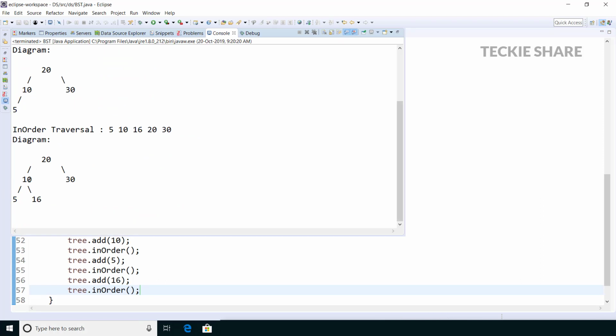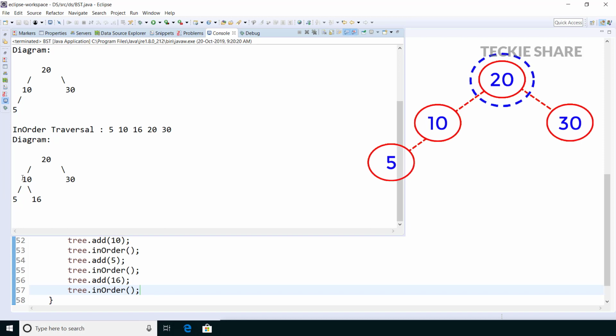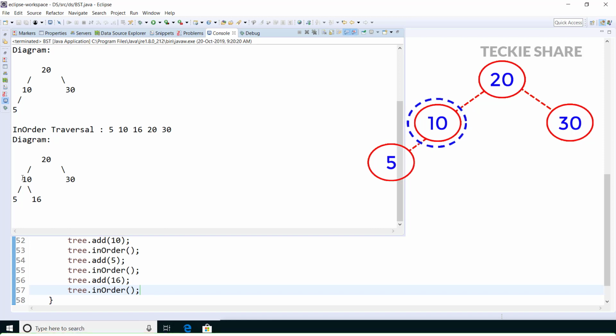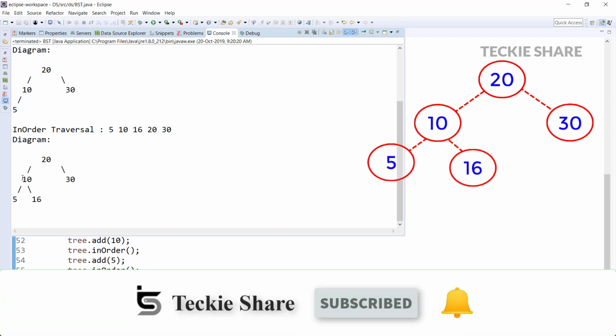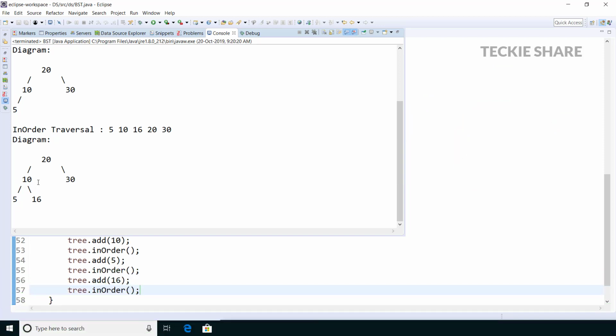Initially there was data, so the comparison will take place, 20 versus 16. 16 is the lesser value, obviously it goes to the left side. 10 versus 16, now 16 will be the greater value, so it should be on the right side. Finally the node 16 will be created as a right child of 10. Likewise the binary search tree works.